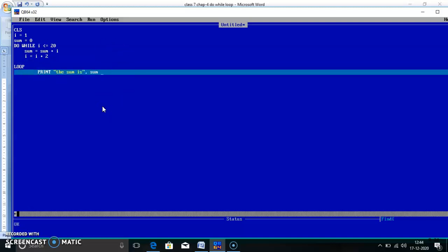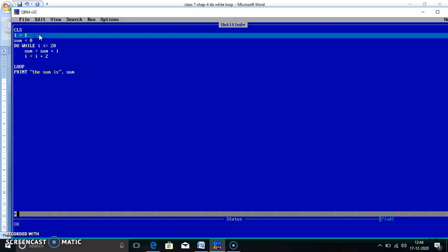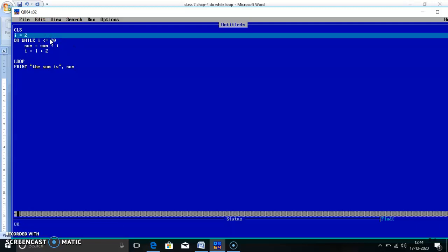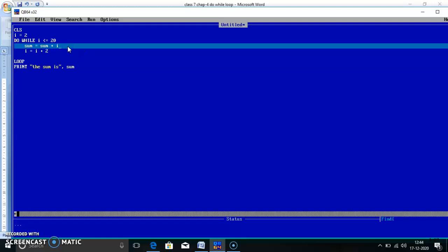Now our next program is to print the even numbers. Okay. So we have to do a little bit of changes here. Even number starts from 2. We remove this sum equals to 0. Do while loop, I less than equals to 20 is same. Now we don't want sum.